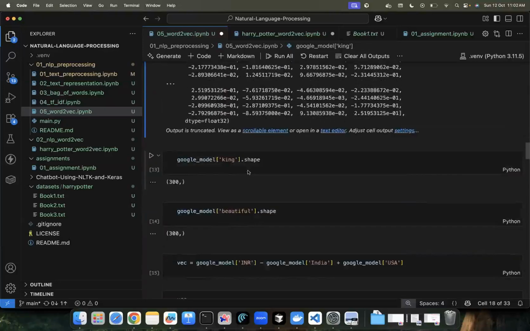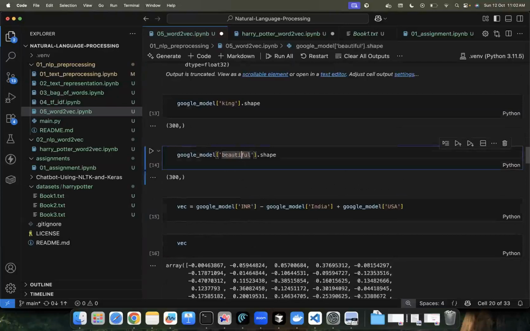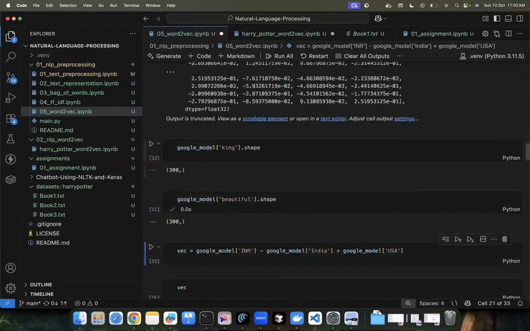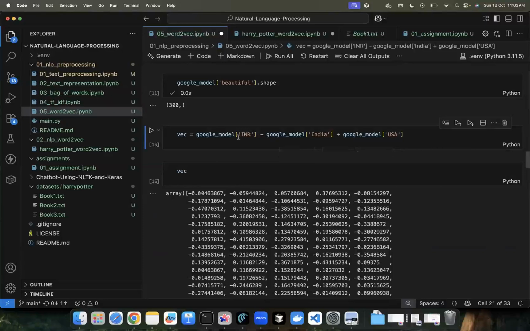Yes, this was there. Again, Google model shape, beautiful, right? Beautiful. Now, I gave you an example, just like what we saw for king minus man plus woman, where the vector is near, somewhat similar to queen, right? In that way, here we have taken the example of, let us say, currency of India